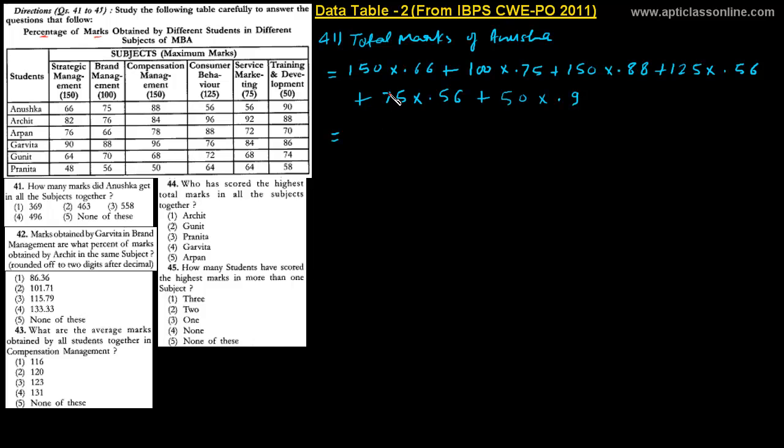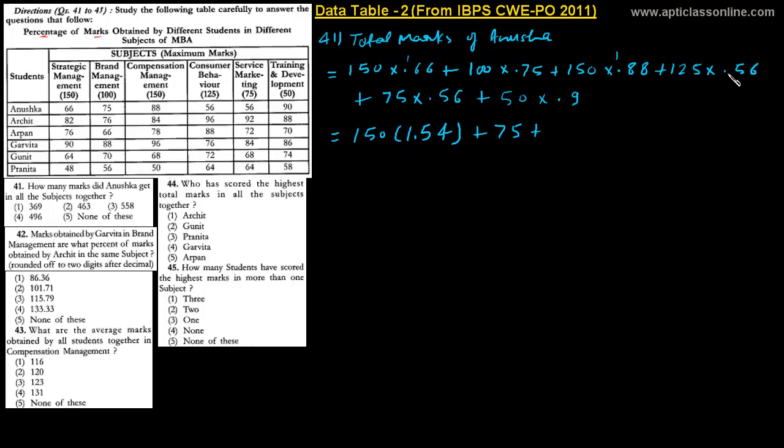Okay, so this is the addition. Here we are getting 150 into 0.66, and 150 into 0.88. Let's combine these together. So we are getting 150 into 0.66 plus 0.88, that is 8 plus 6, that is 14, 1 is carried. 6 plus 8, 14, plus 1, that is 15. We can use such kinds of things to make it quick. This is very simple. 100 into 0.75, that is 75. That is simple.